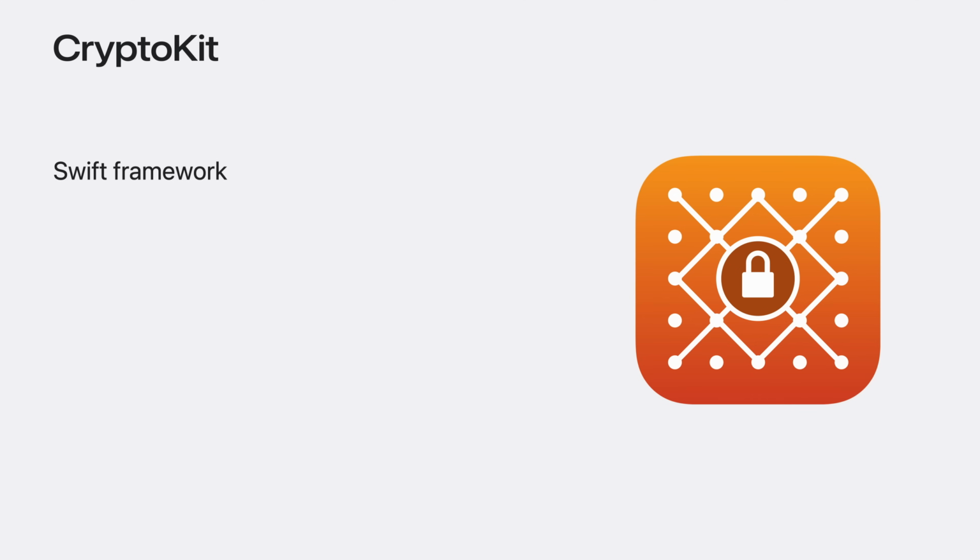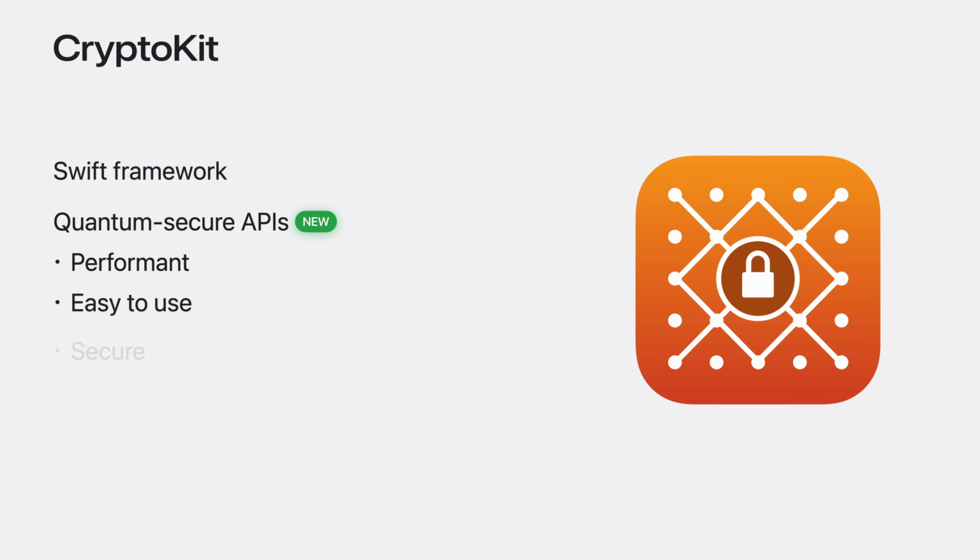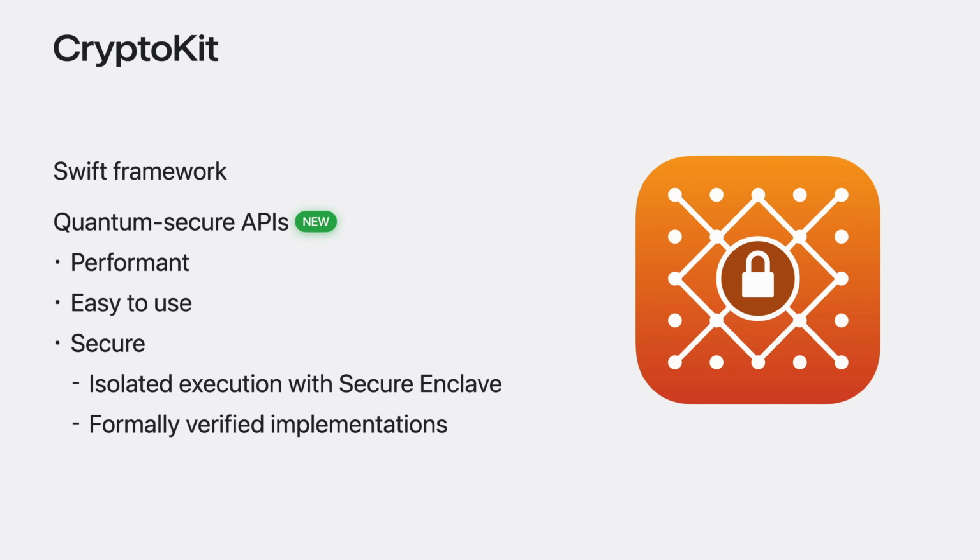CryptoKit is a Swift framework available on all Apple platforms with APIs for cryptography algorithms. In iOS 26, CryptoKit has new quantum secure APIs, which are performant, easy to use, and secure. They provide additional protection against timing and side-channel attacks by enforcing hardware-isolated execution with secure enclave. They also have correctness guarantees, as the core implementations are formally verified, meaning they have been proven to be functionally